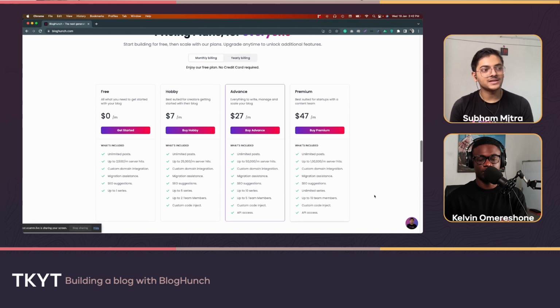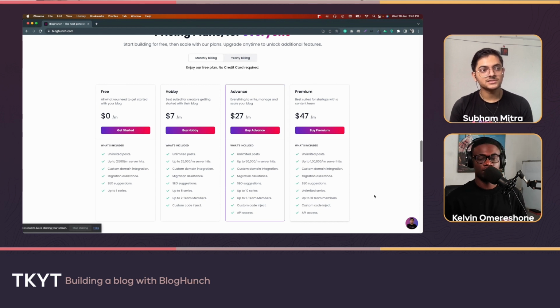So we will get rid of the server hits, and you don't have to worry about how many server hits you are getting, but it will be based on how much engagement you're making on the website. So you can have some email subscribers on the platform, and based on that, and a few other parameters, we are going to move to a newer pricing plan with the same values,